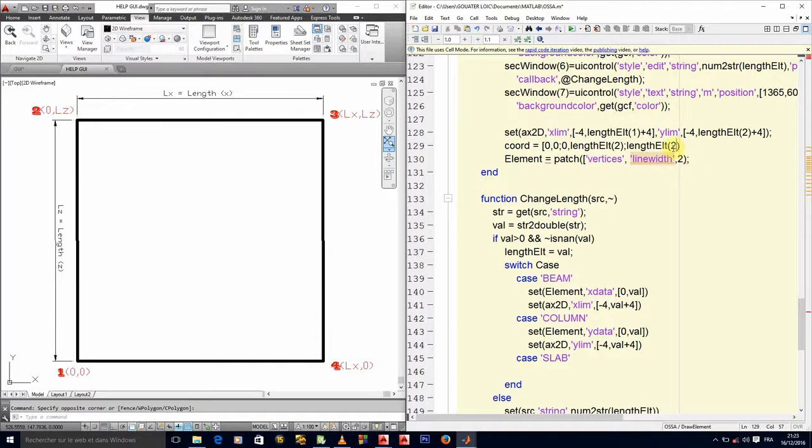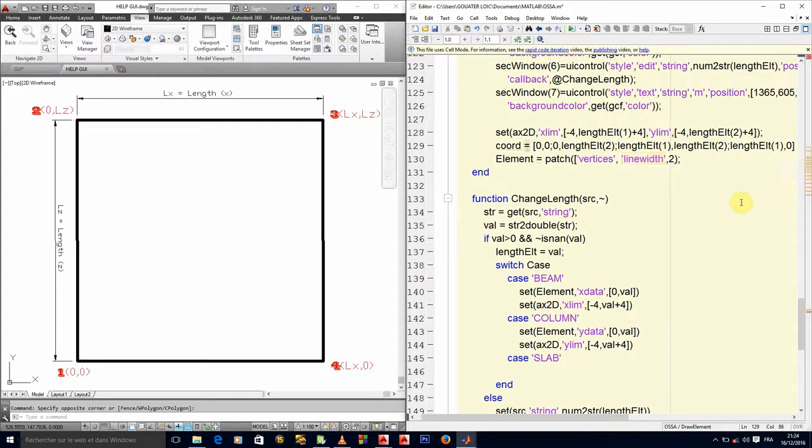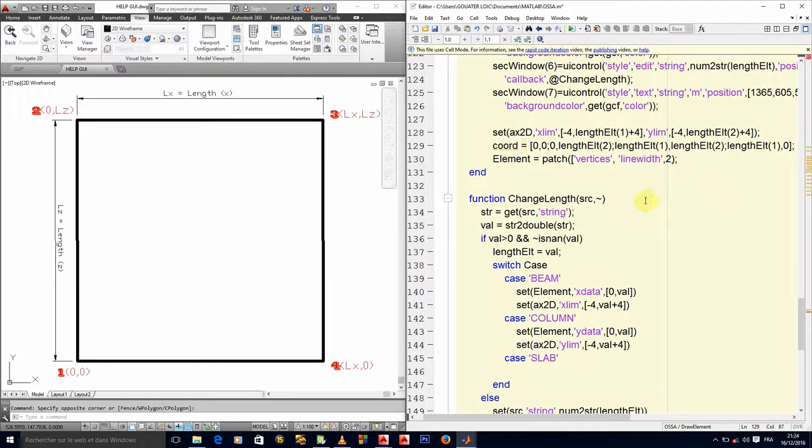So now the third one will be LX, LZ. So LX here is 1, and then LZ will be 2. And the last one is LX, which is 1, and comma 0. So that will be the coordinates.